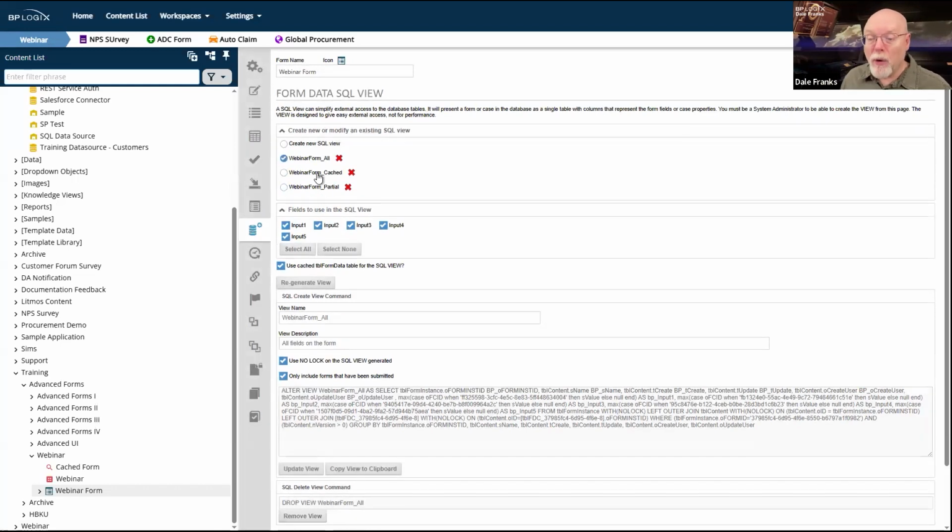So I can pull the real data, which is probably significantly faster than a knowledge view, or I can pull the cache data, which should be even faster than the regular view that's pulling the live data. That's the difference. I'm pulling cache data with this. With the webinar form I'm pulling live data. So I can make this thing operate even faster.